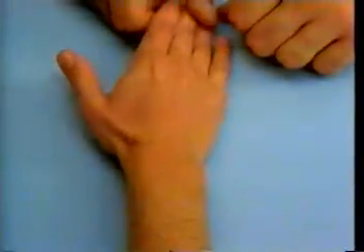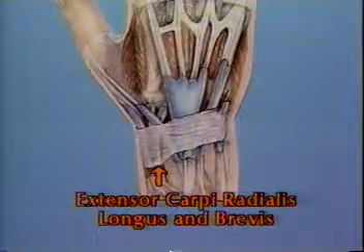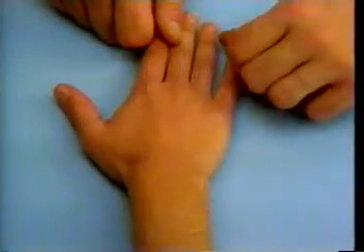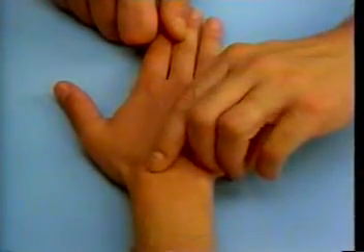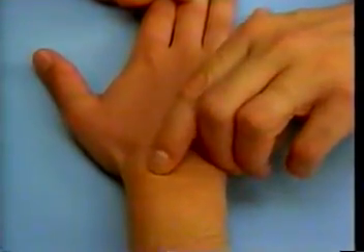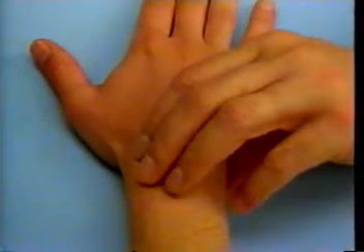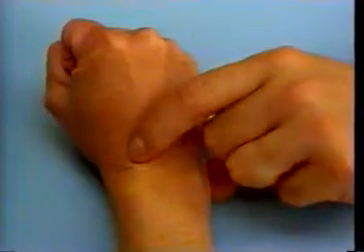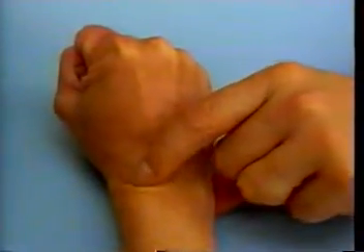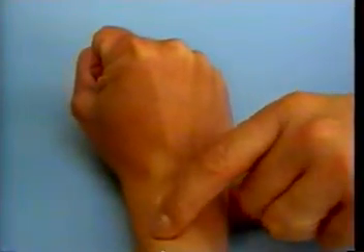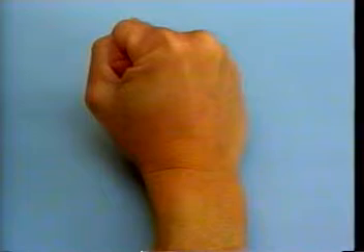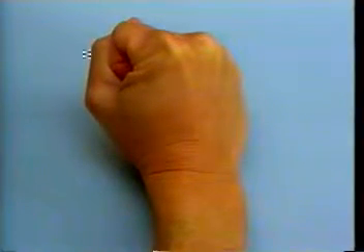The second compartment contains the extensor carpi radialis longus and brevis tendons. Locate Lister's tubercle on the dorsal aspect of the radius, and while palpating the region to the radial side of the tubercle, instruct the patient to make a fist. The tendons of the extensor carpi radialis longus and brevis are palpated. Note that when the patient is asked to make a fist, the wrist goes into extension and radial deviation, which